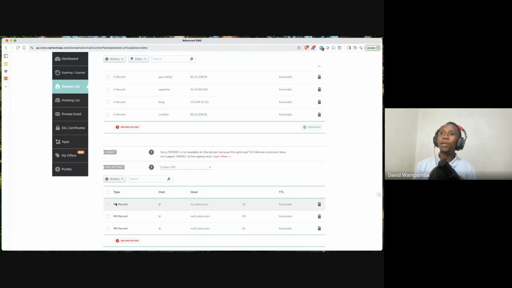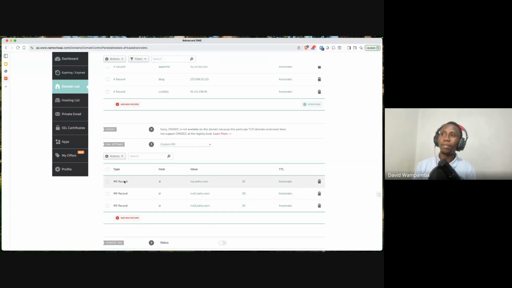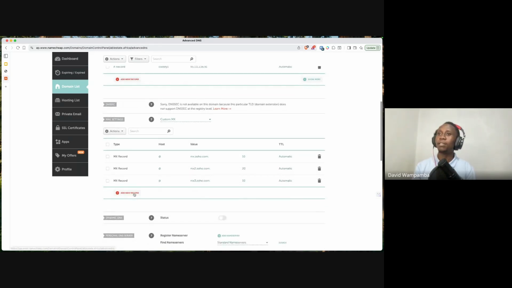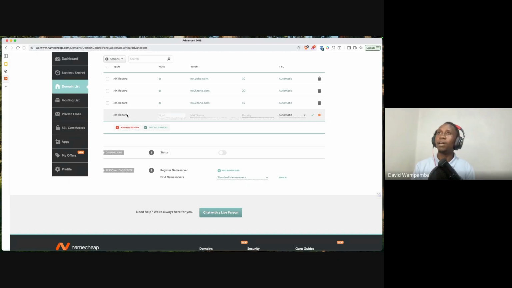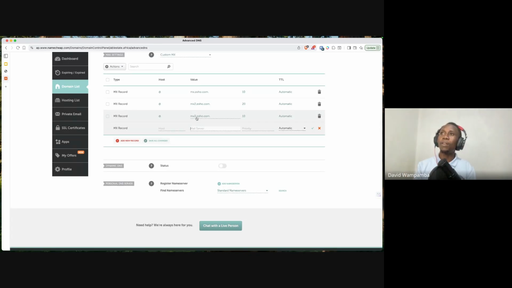So for the MX record, you can see here. You see something here. And if I wanted, let me click add here. Now, when I click add on the MX record, you can see that they show me the host, they show me the mail server. So that mail server might be an IP address, might be a domain name. It depends. I actually think that's the reason why the other person was suggested that I also look at the A record, because for you to have this mx3.zoho.com, it means the company called Zoho, what they did is that